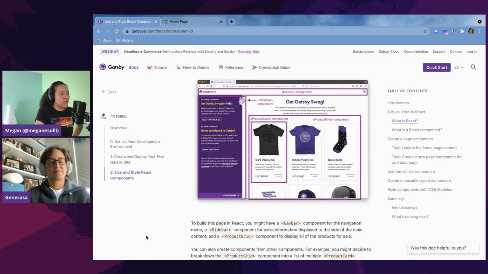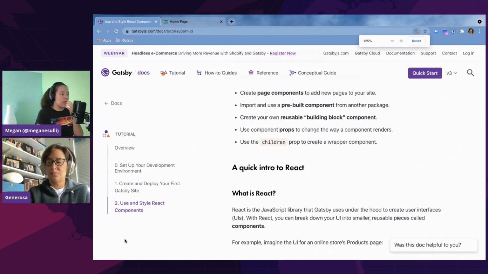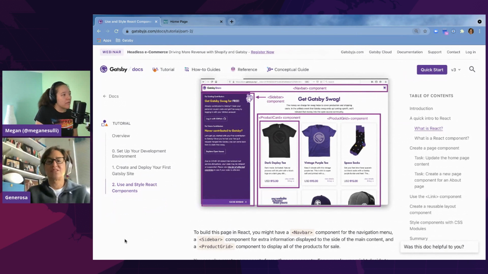So if you have a website, kind of like this store page that is shown here, the way that you use React is you break down this UI into smaller chunks called components. So if you were to look at this website, you might have a component for the nav bar up at the top. Or you might have a component for the sidebar or for a product grid.